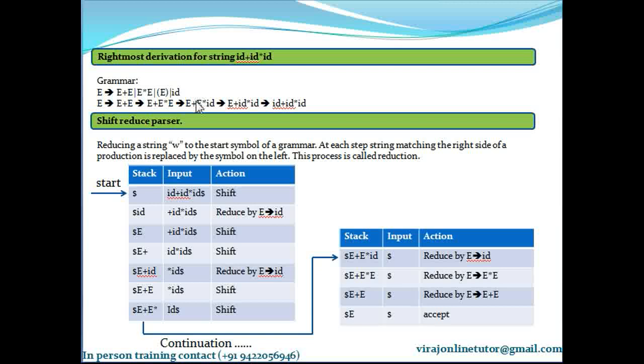So now you should focus on getting this by doing shift and reduce. Okay, from here we have to get this. How to do that? I shift plus, I shift ID, then I replace ID with E. When I replace ID with E, I got this. Then you shift asterisk, then you shift ID, then I replace ID with E, then I got this. Then I replaced E into E with E, I get this. I replace E plus E with E, I get this. So I was able to get by following the rightmost derivation from the string to the first symbol. Okay. So shift reduce parser is nothing but going opposite of rightmost derivation. Simple.